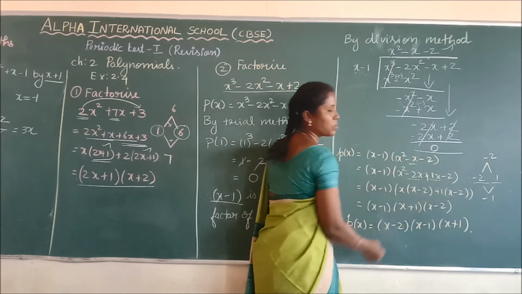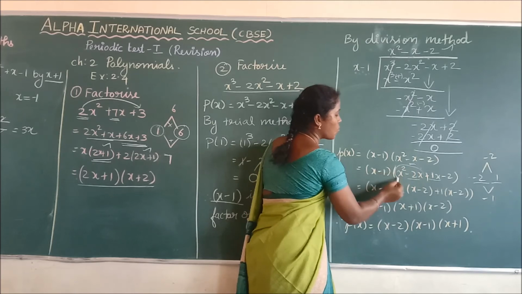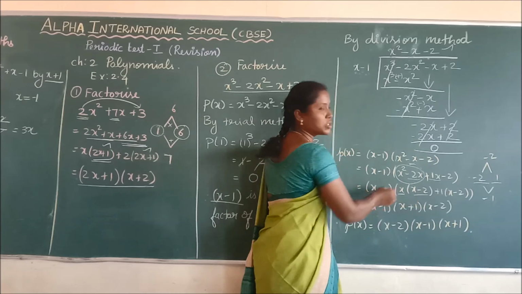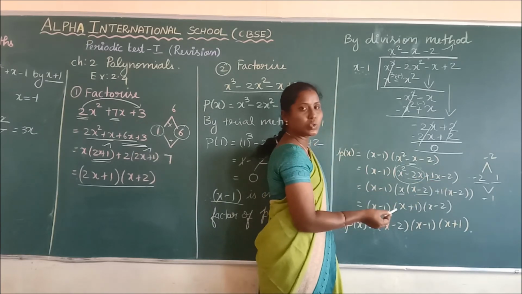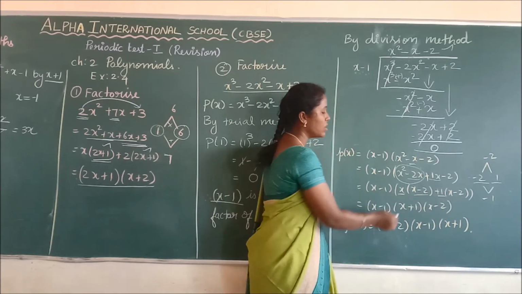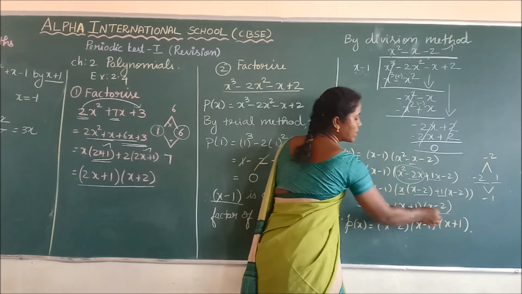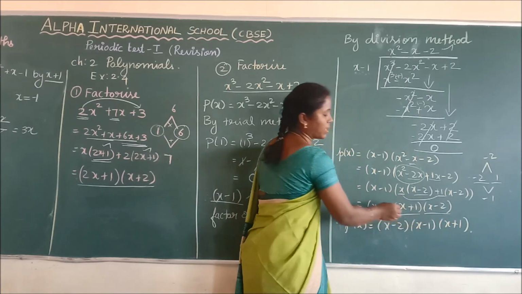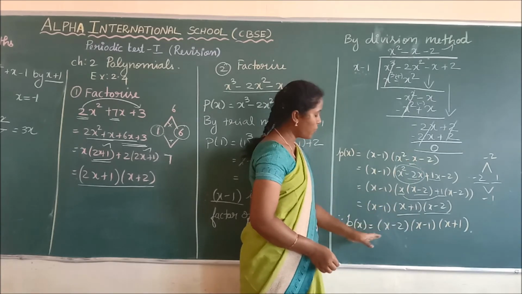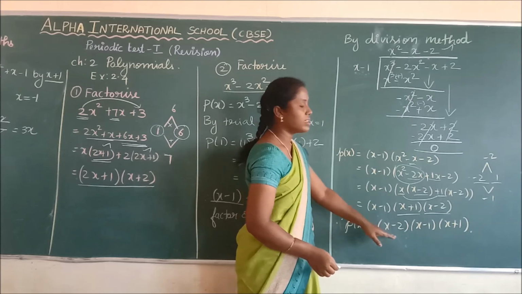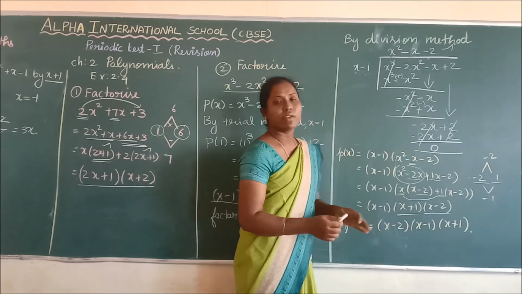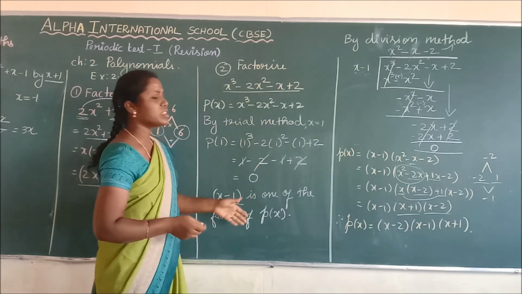Using the two numbers, split the middle term: minus 2x plus 1x. From the first two terms, what is common? x. So we are getting x common, and the remaining is x minus 2. From the second pair we should also get x minus 2 only, so what should we take common? Simply plus 1. So x minus 2 is common, and the remaining is x plus 1. So we factorized this quadratic polynomial also. Finally, for the cubic polynomial p of x, the three factors are x minus 2, x minus 1 and x plus 1.